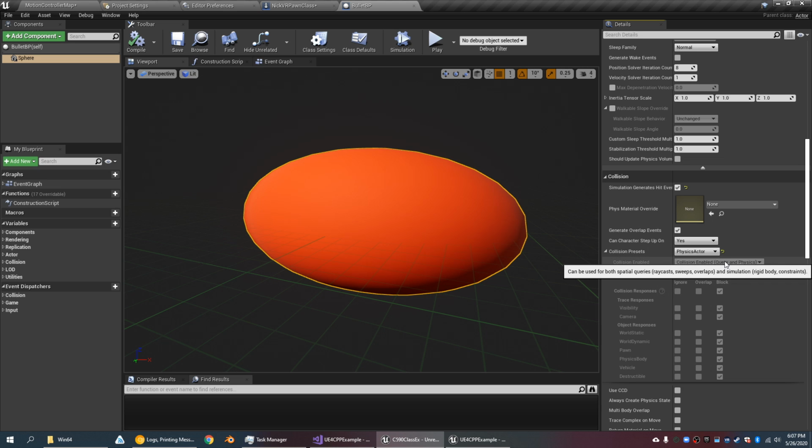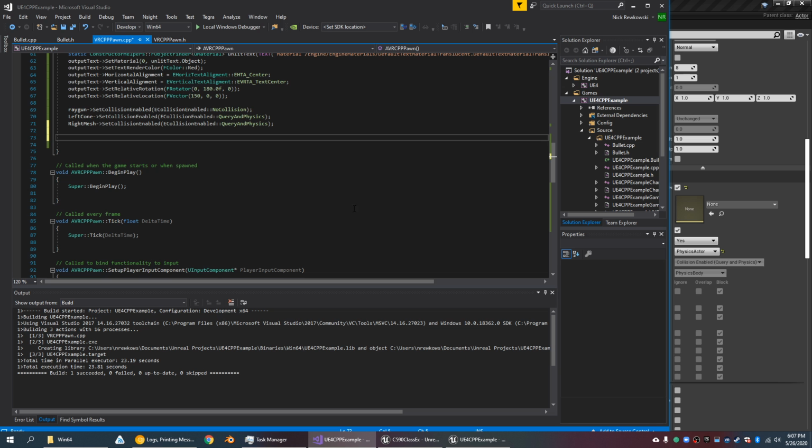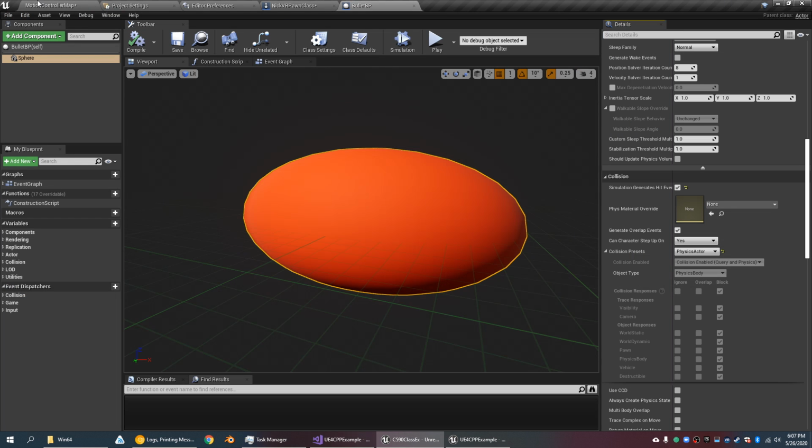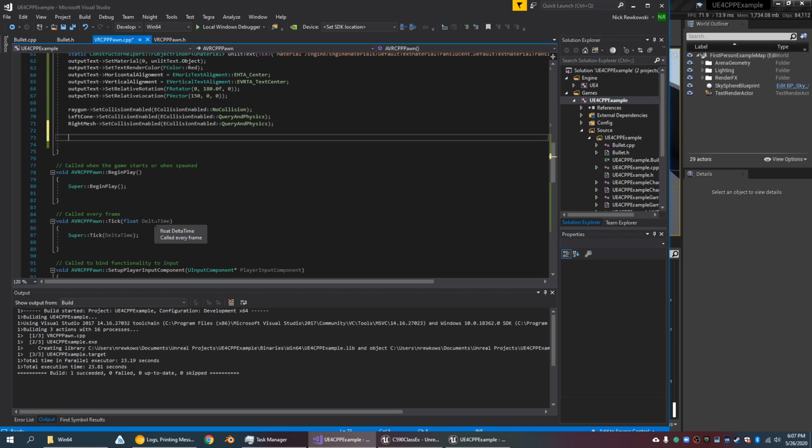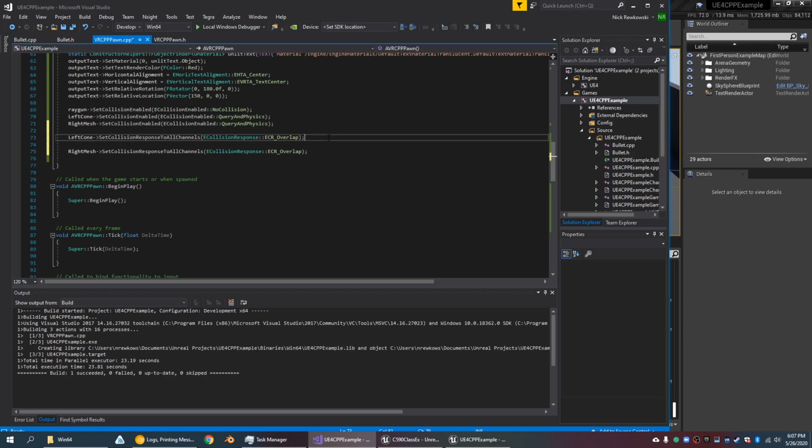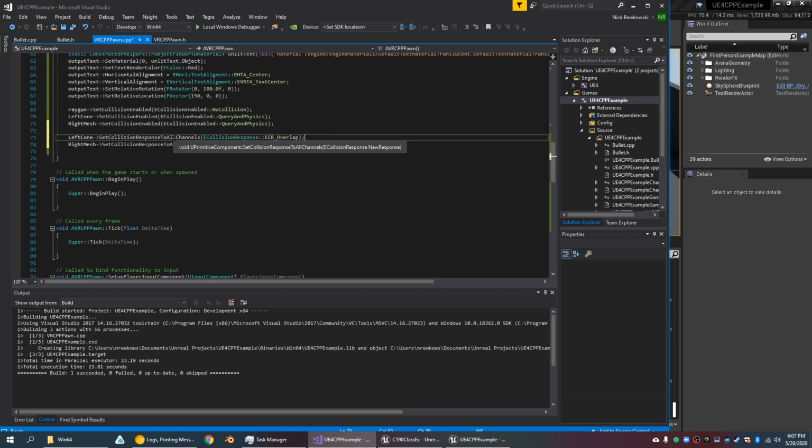Like here. So set collision enabled, query and physics. It's just saying whether or not it can collide with things. Now I need to tell it that the cone and the right mesh should overlap but not actually collide. And to do that, there are these functions: set collision response, and you can see it uses this enum collision response, and it has some